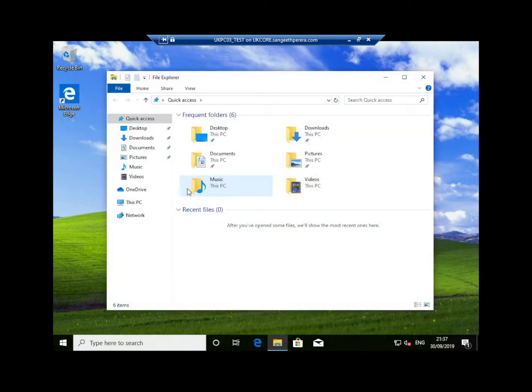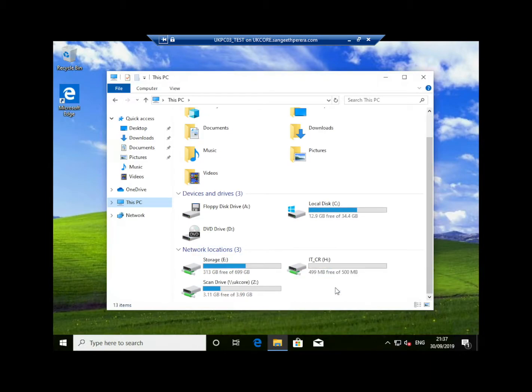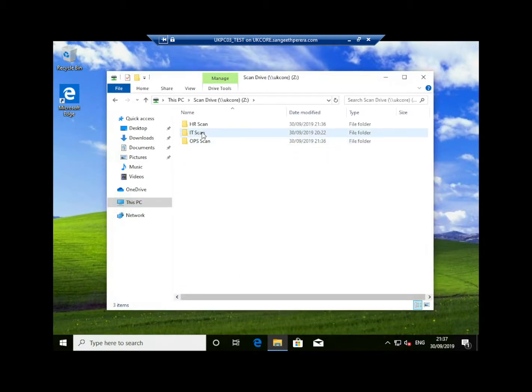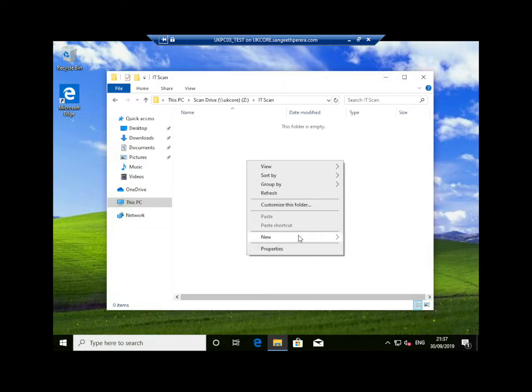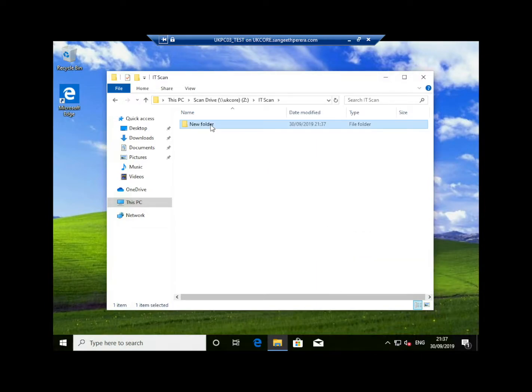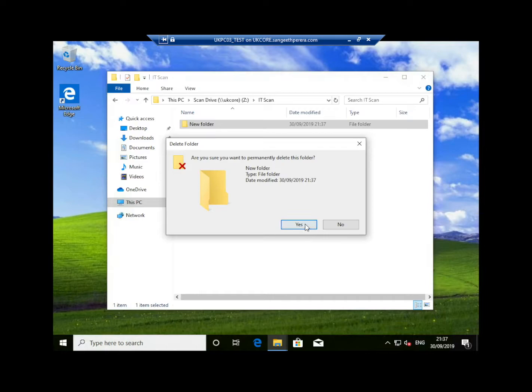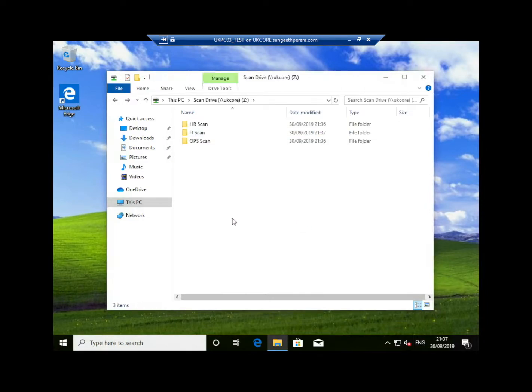Let's try to access the folder. Where's my folder? There you go. IT scan, create a folder, read write. Perfecto. Now we have seen that each user can access their respective folder and has the read, write and modify permissions obviously. So what we will try to do now is